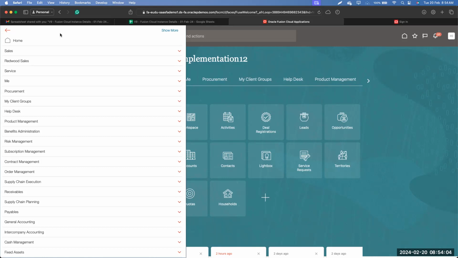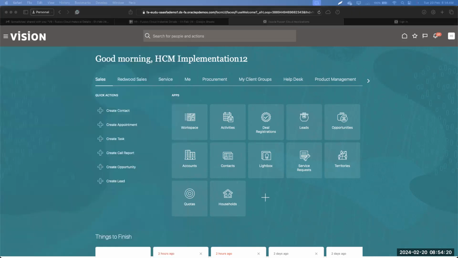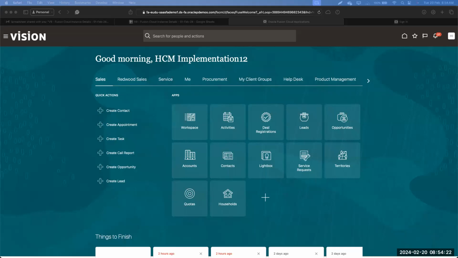Yes. All these options are visible based on your roles. Based on the roles assigned to you, you will have the access. So you might be having only an employee role and then maybe an HR role. Okay, fine. Got it. So this is an open access which you have. Yes, this is a super implementation user. Okay, so that means I have access to all the modules.